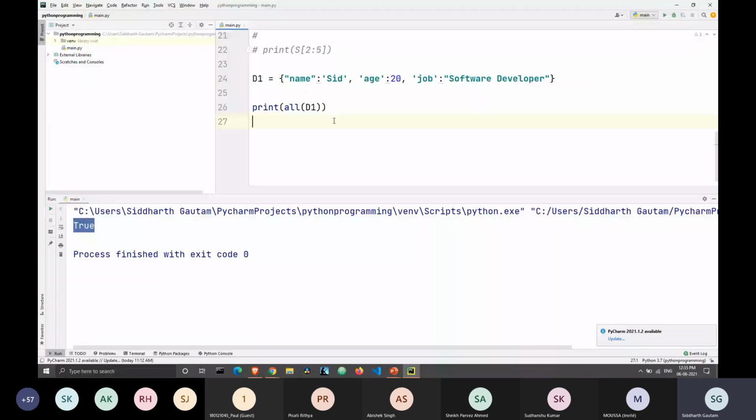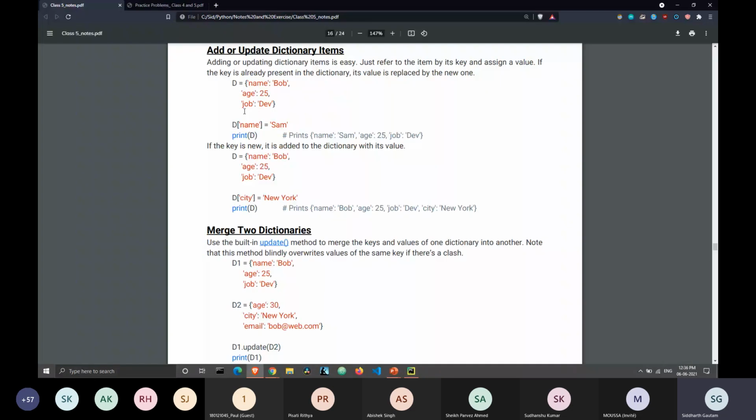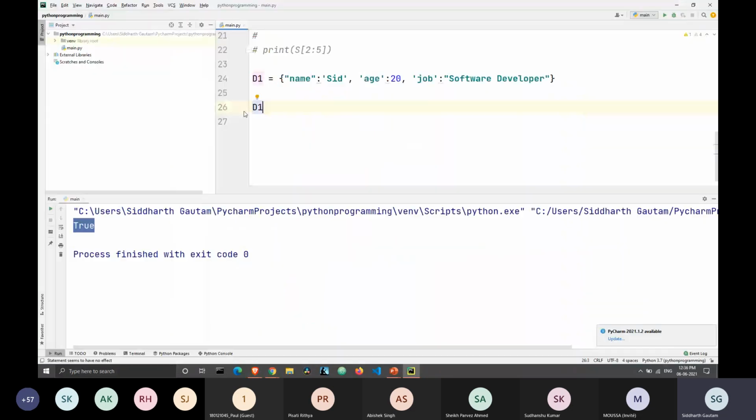Here I have a dictionary. I will write D1, and let me take a look at the syntax once again. I'll write D1 and then square brackets. Inside the square brackets, I will enter a key, let's say city, and I will write is equal to, and here I will write my city, Delhi.